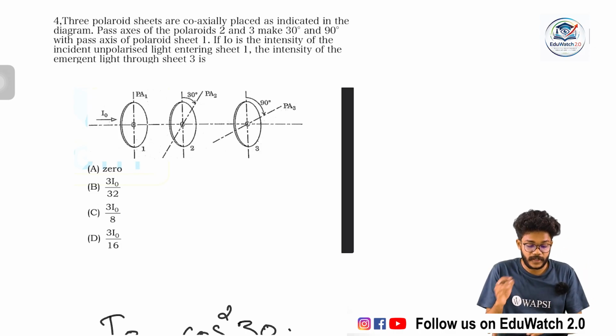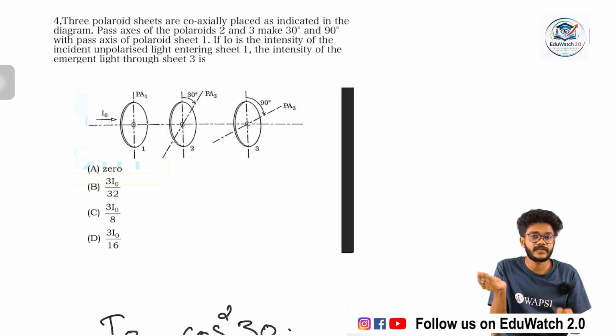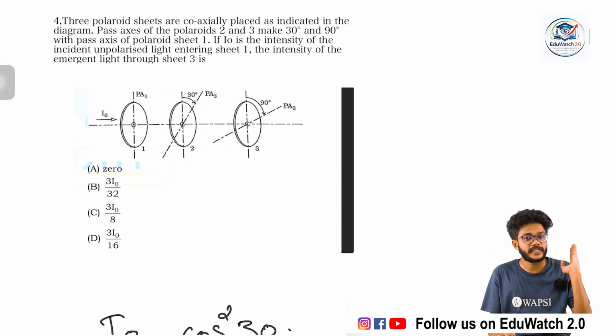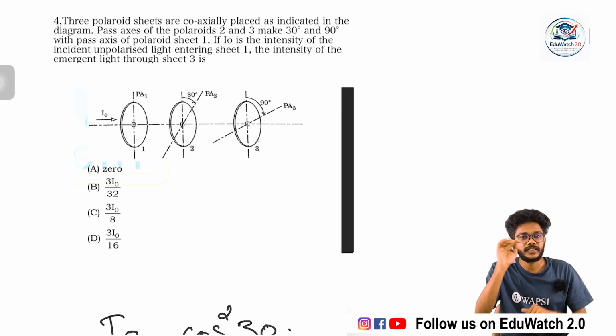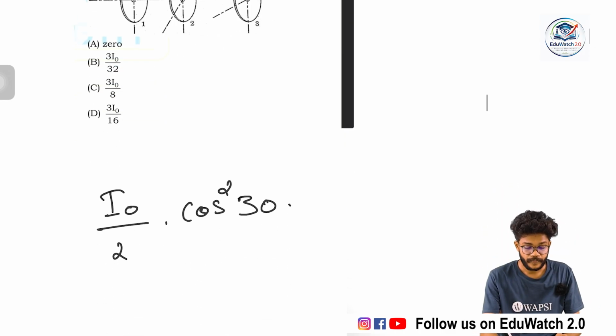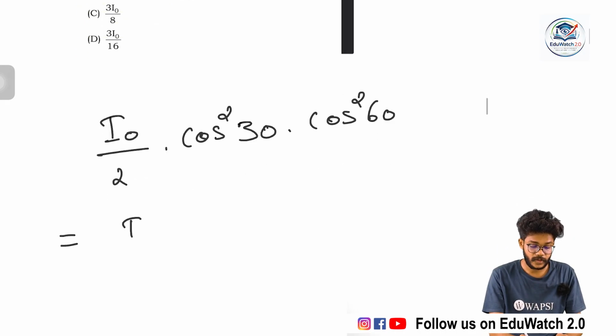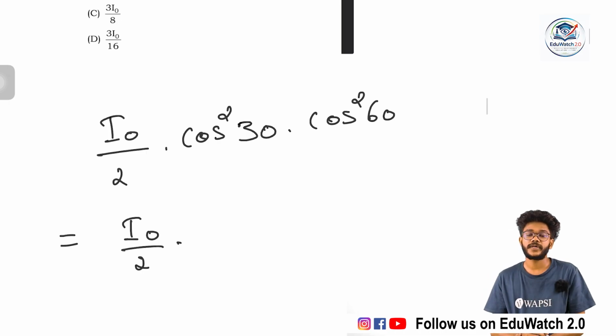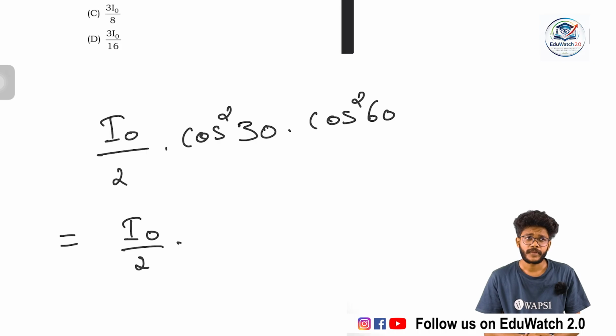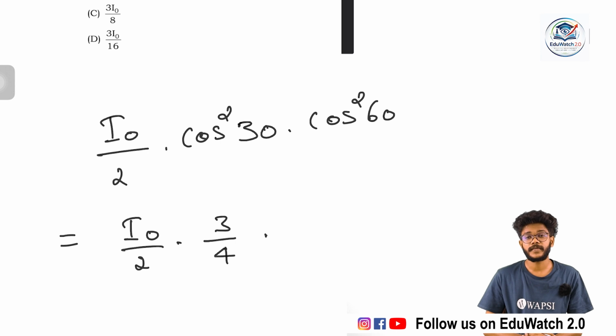It is 60 degrees, because by comparing the axes of the second one and the third one, the second one is already tilted 30 degrees and the third one is tilted 90 degrees. So 90 minus 30, it is actually tilted 60 degrees. So I0 by 2 multiplied by cos square 30, which is root 3 by 2 squared, that is 3 by 4, multiplied by cos square 60, which is the square of 1 by 2, so 1 by 4,